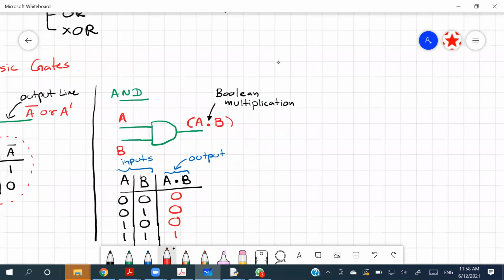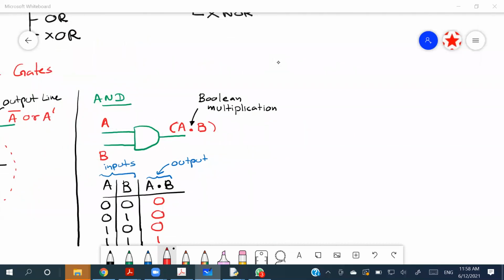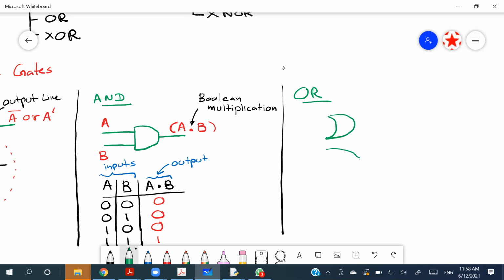So the third one is named the OR gate. Now the OR gate, we can draw it like this. Some people draw it like this as well,